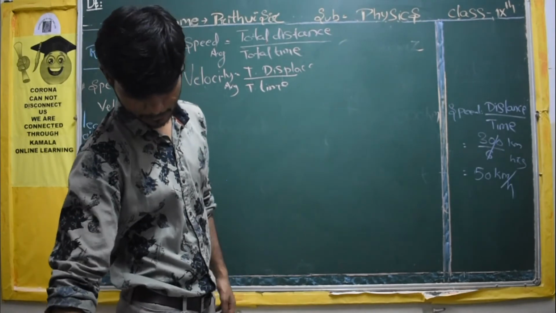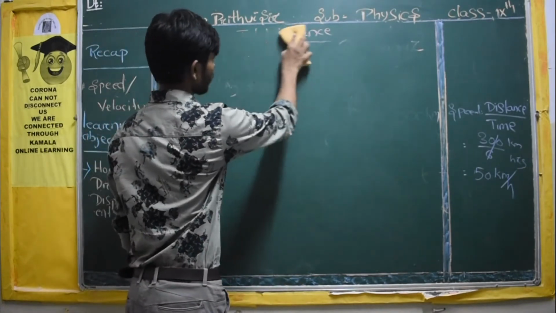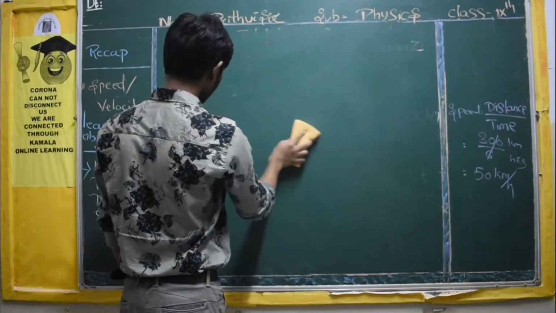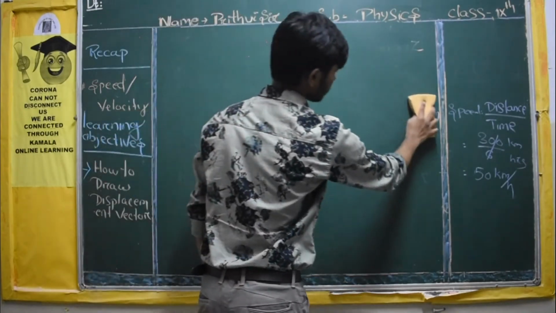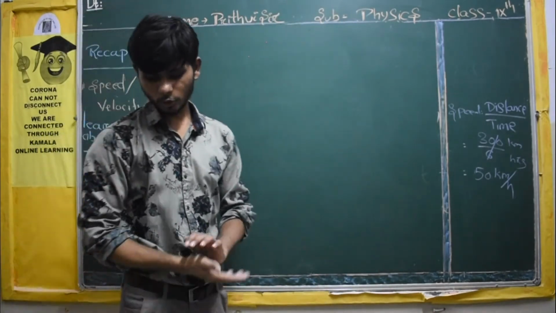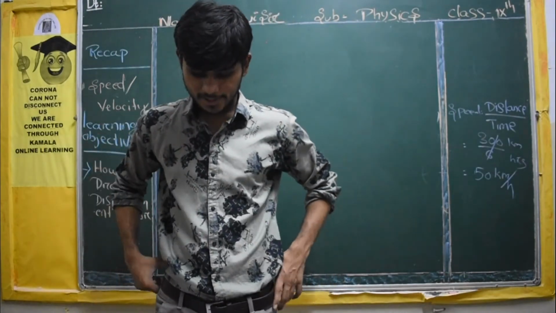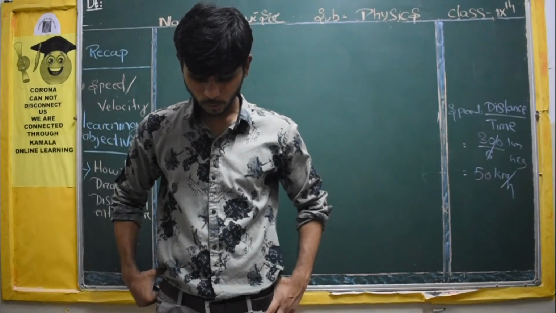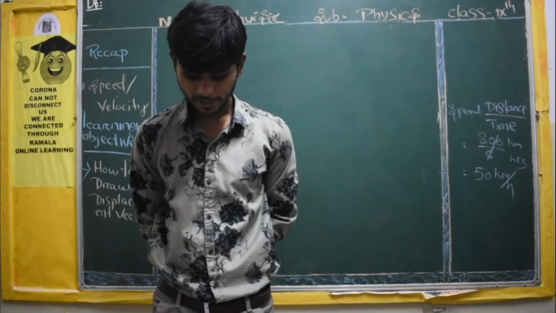Activity number 3. Measuring the average speed. How to measure average speed, students? See. Choose 2 points, say A to B, 50 meters apart in the school playground. Ask some students to stand at point A. Ask another group to stand at point B.